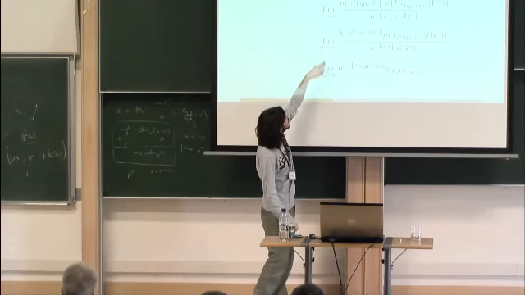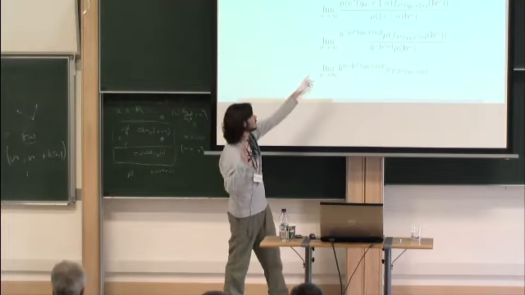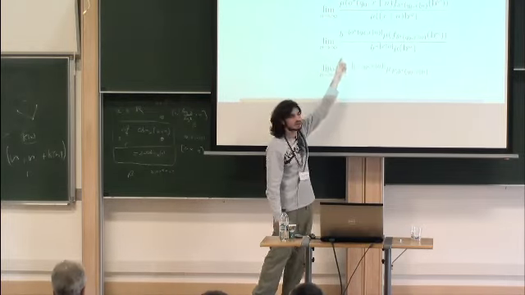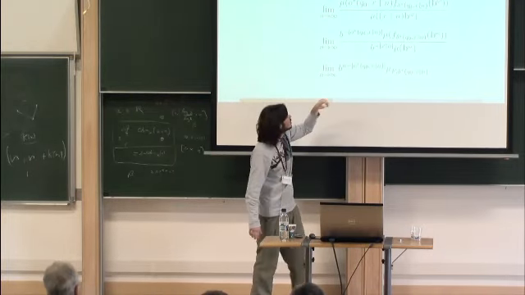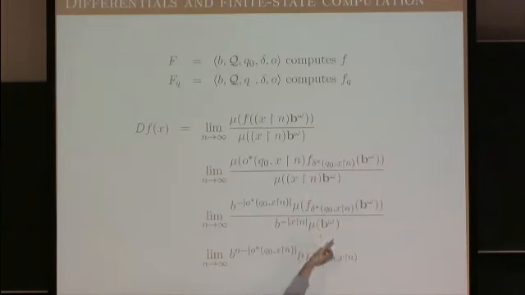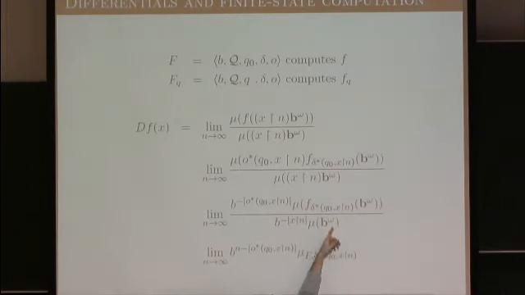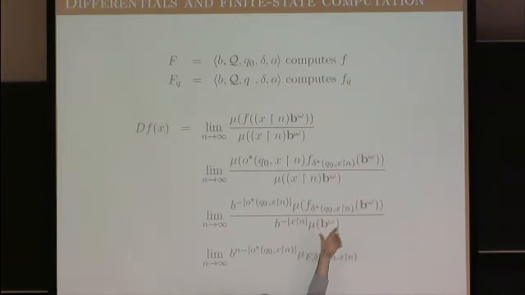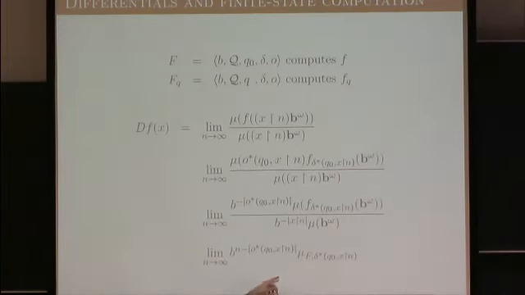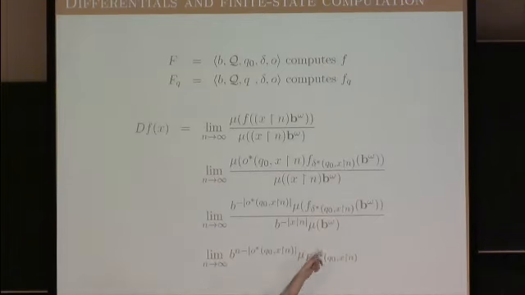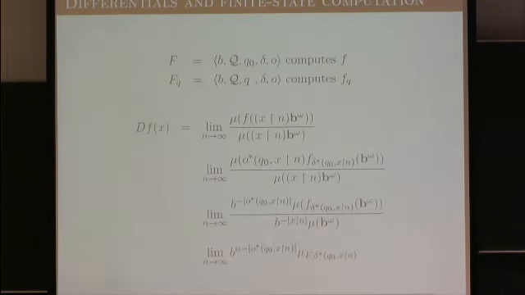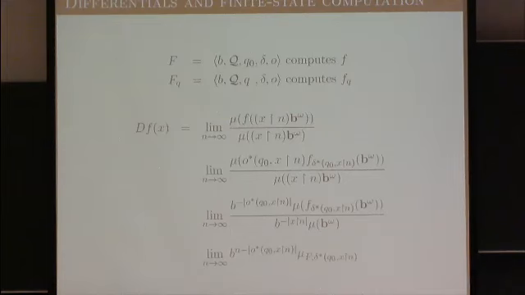Well, then the next step is trivial. Since we know what we have at the start, we can take it out of the measure. And the good thing is that this part right here only depends on this state. The only thing it has about x and n is which state this is. So to emphasize this, I write this as a constant that depends on the machine and the state. The good thing is that this can only have a finite number of values, one for each possible state of the machine. Okay, so that gives us something to work with.